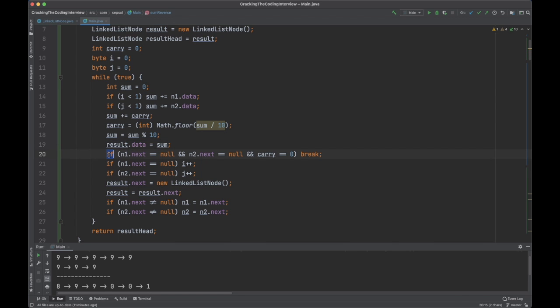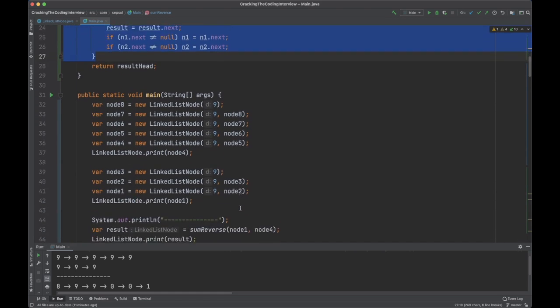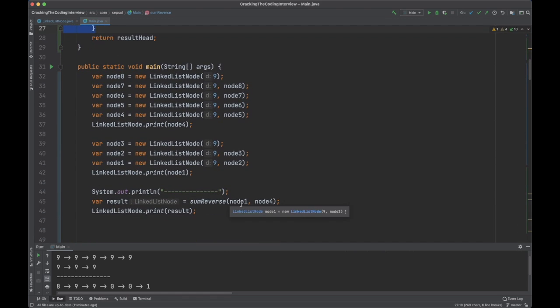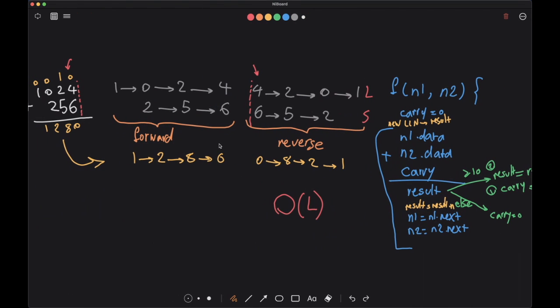And then we had some error handling stuff down at the bottom of our while loop, and that was basically how our function was able to sum these two linked lists in reverse order. Now let's get more creative and think about whether we are able to add the numbers of two linked lists in forward order. So